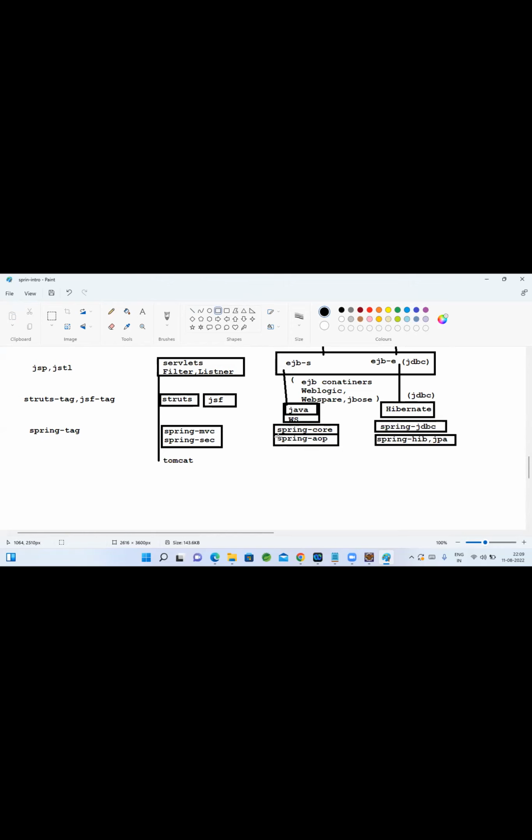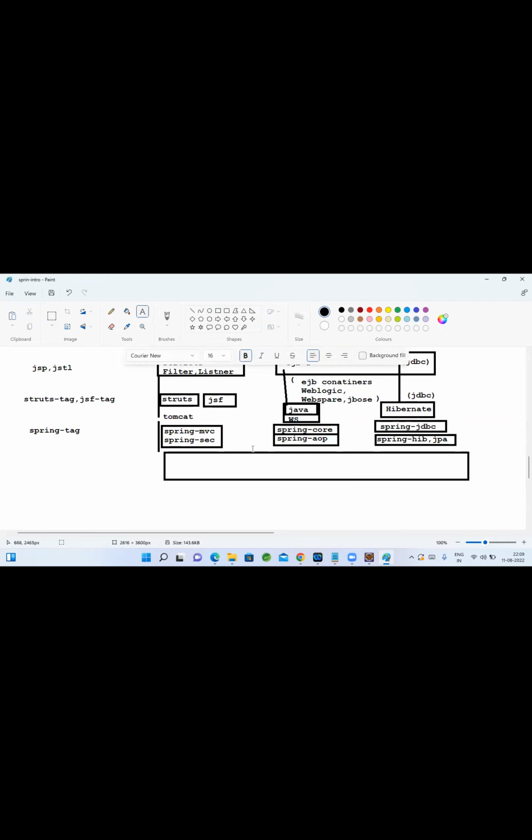Again, to run all these components, Tomcat also is not required. We have this dependency up to here, but not with Spring. When you develop your application using Spring, let's say it is a startup. You started your own startup. You thought to develop an application and you used Spring. When you use Spring, you really need not invest a rupee on the infrastructure.